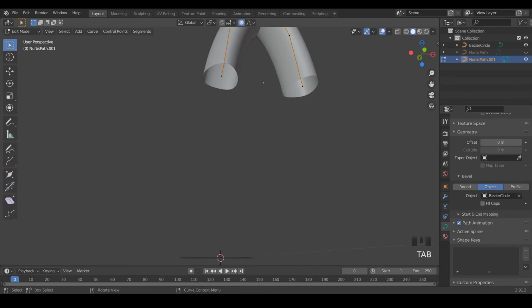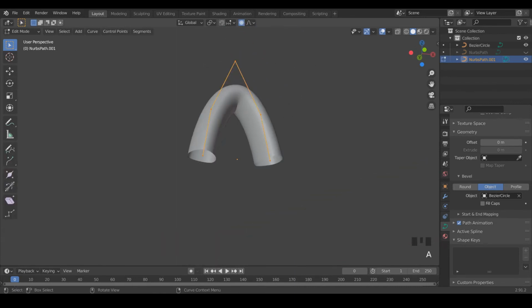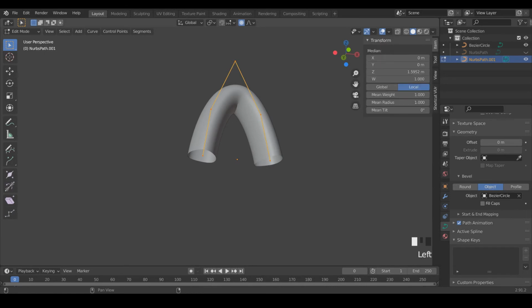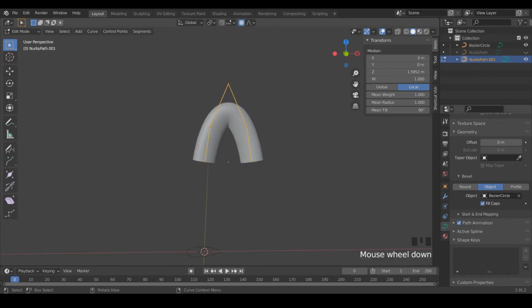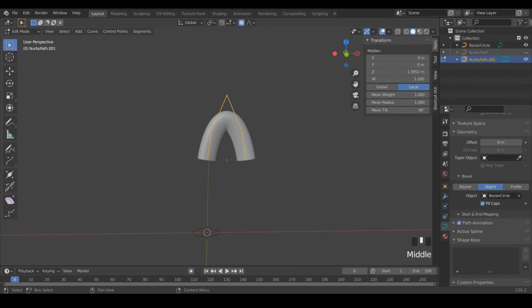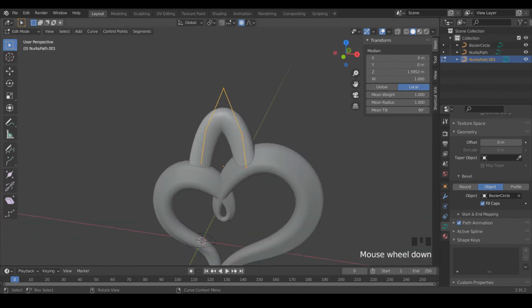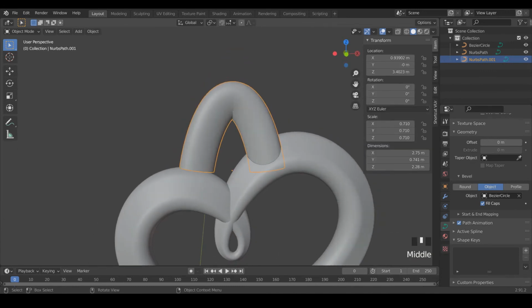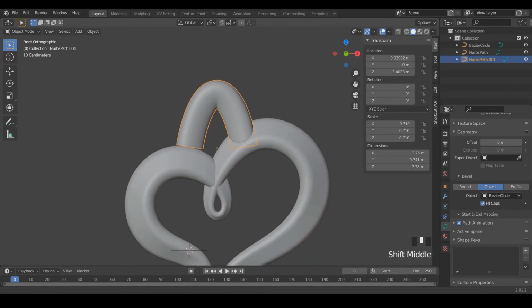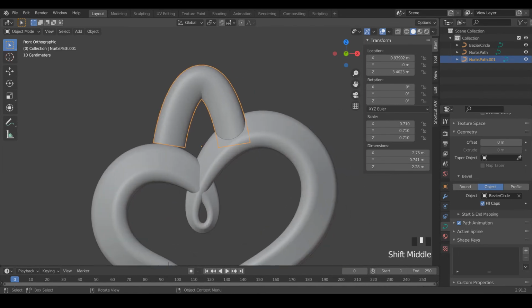If we go back into edit mode, I'm going to hit A to select everything, N to bring up our transform options. And then I'm just going to rotate that inward 90 degrees. Make sure to fill the caps again. So now if we bring our charm back, I'm just going to move this into position, making sure that I'm in front facing view, and then adjust the scale until it feels about right.